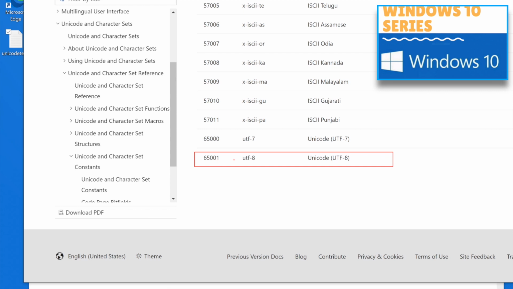This is the code page for UTF-8. UTF means Unicode Transformation Format. This is the widely used Unicode format, and everyone is using it. In this format, every character is already managed, so if you set this code page as CMD's code page, then it can display the Japanese character. So I will show you how to set it.